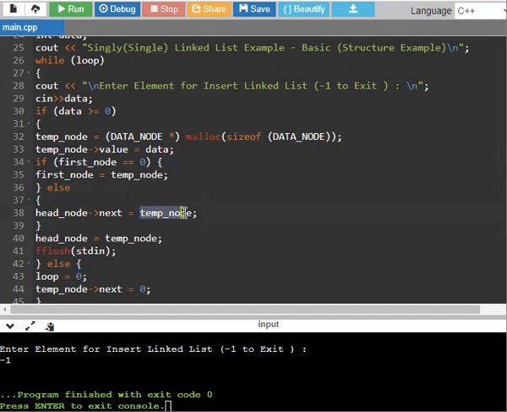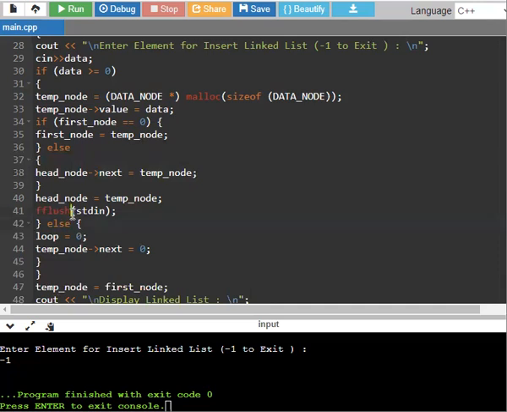Further, here the temp node has no value or element that can be transferred to the next. So through this form, the linked list can be created one by one. Whenever we insert the data one by one, the data is inserted into the node, and the temporary node can be freed for getting the next value.